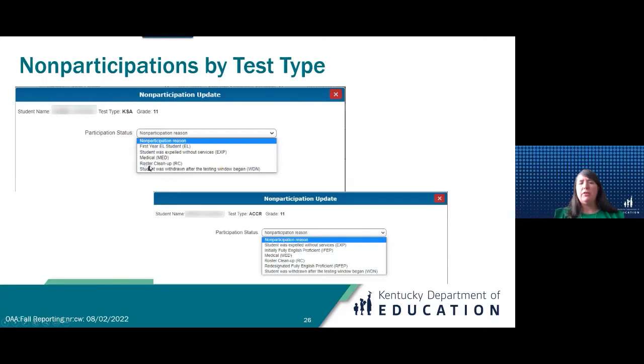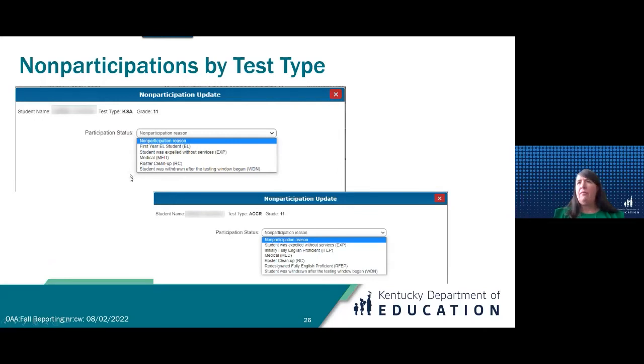You also see roster cleanup for KSA during data review, because I told you that was a new one that you'll see just during data review. So if you didn't clean up a student, they were on your roster and they shouldn't have been on the roster.